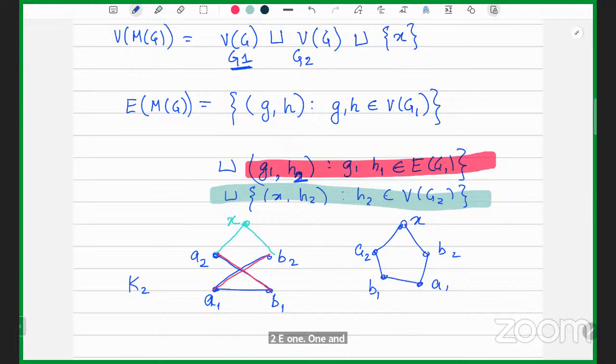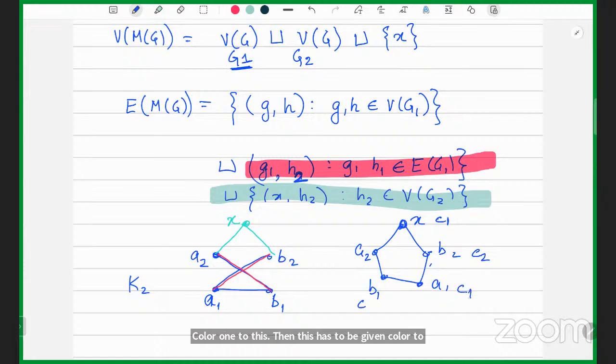This looks like a 5 cycle because it has 5 edges and it closes up. If I give color 1 to this, then this has to be given color 2, then this can be given color 1, then this color 2, but now I cannot give color 1 because this is adjacent here. So I have to choose a third color, which means the chromatic number is